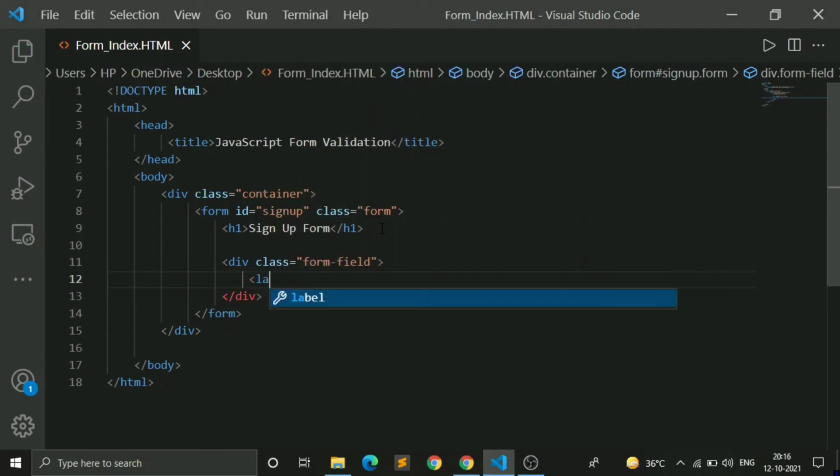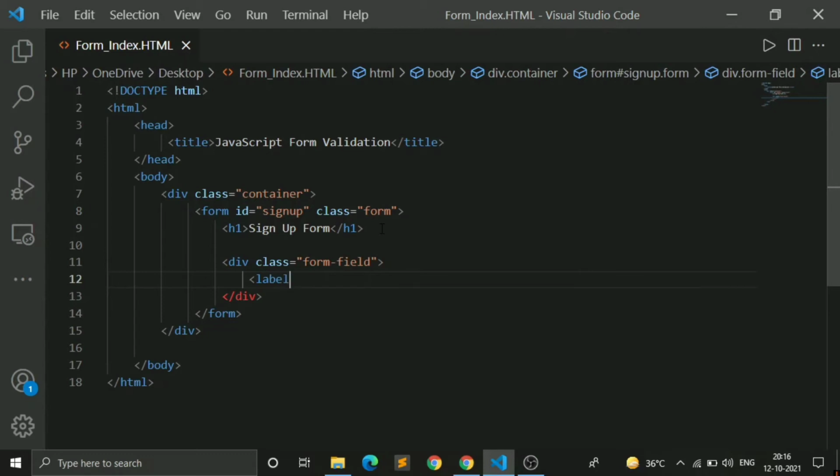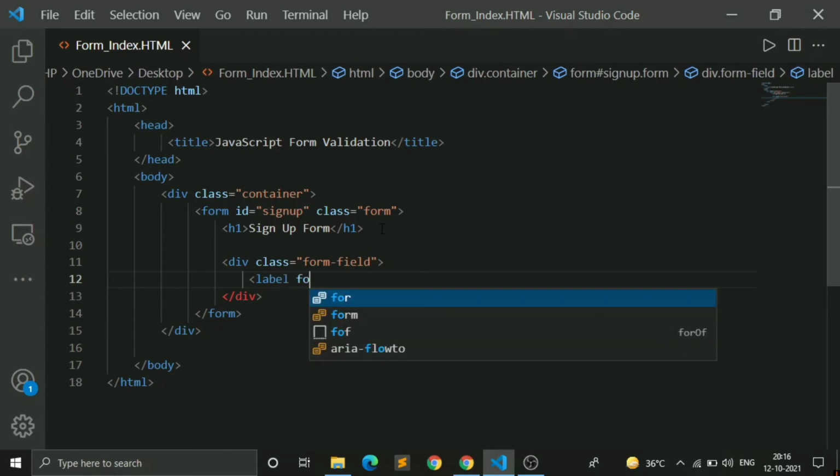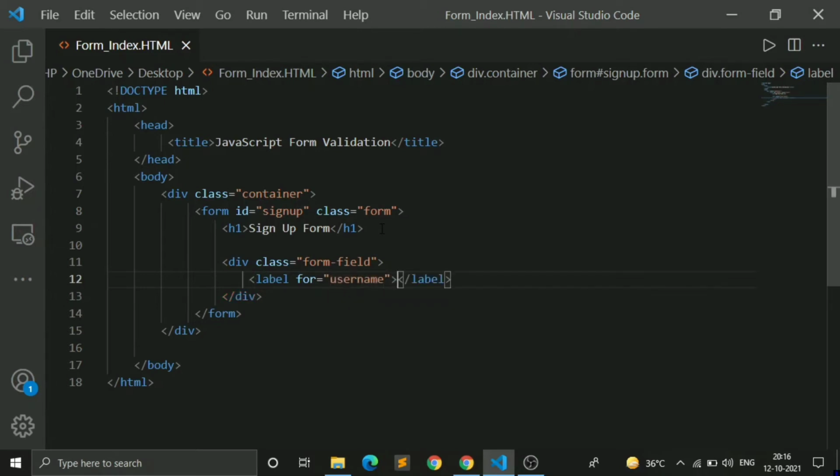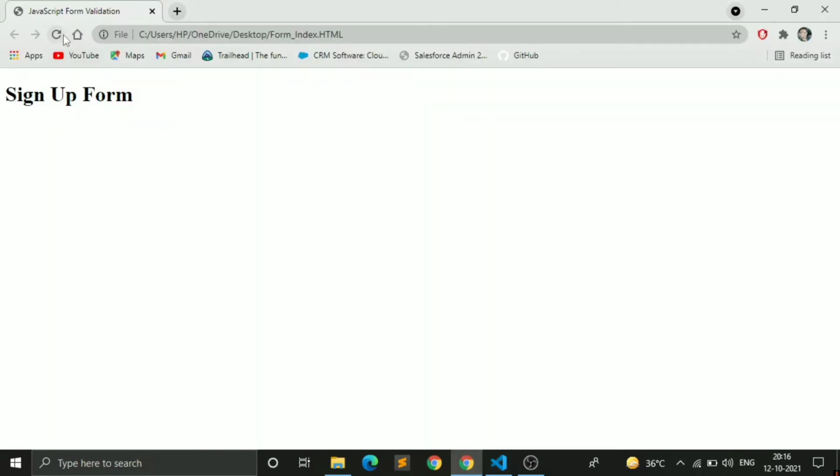In label, for username, and I will give it as username. When I refresh the browser, you can see a username field is created.